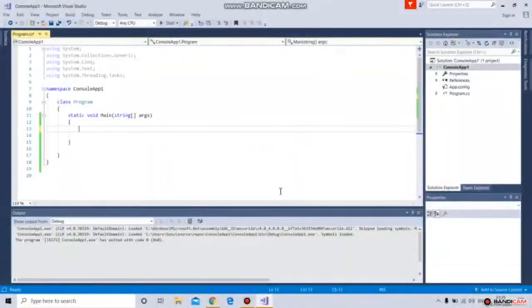We will see examples of data types and variables. First we will see int. Int, then declare the variable name is equal to